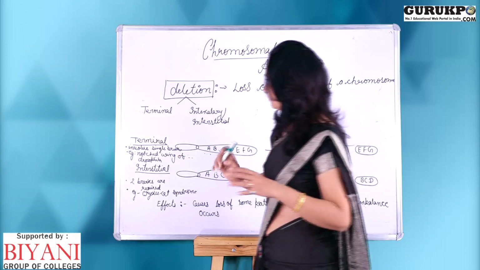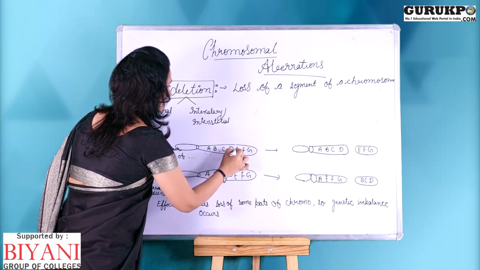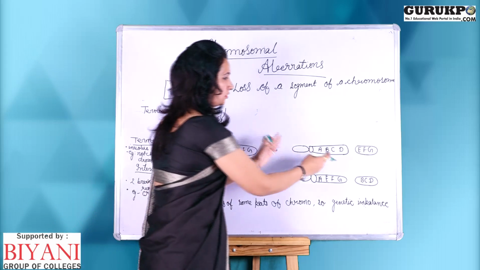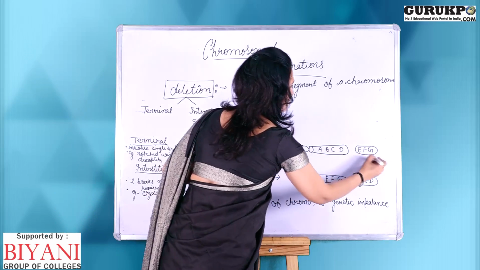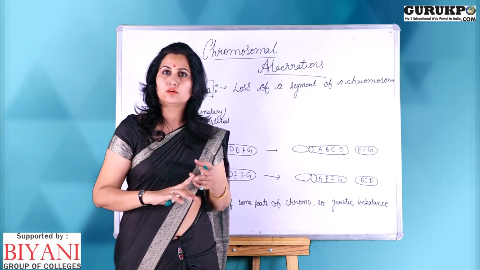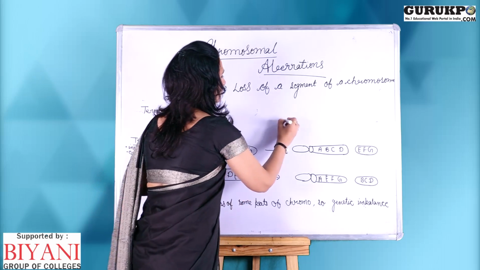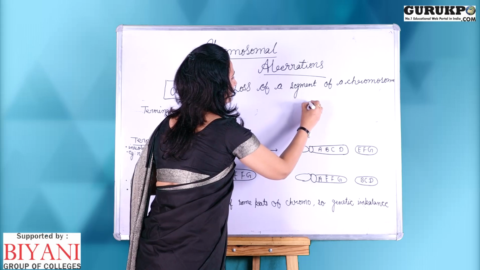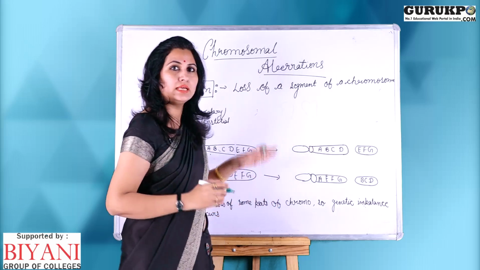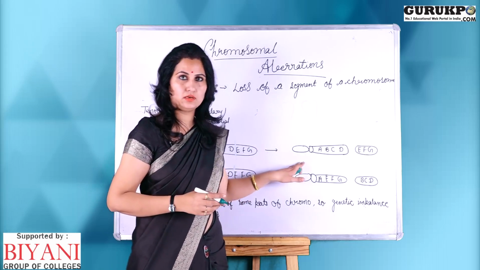Here in terminal type of chromosomal aberration, there is only one break in the chromosome. Like in this portion that is deleting, and so the size of the chromosome gets shorter, and this portion has already been deleted from the chromosome. And the example of it is the notched wing of Drosophila. Drosophila is the fruit fly, and its regular wing gets notched, like there will be a groove on the top of a wing due to this deletion type of chromosomal aberration. So, notched wing syndrome in Drosophila is the terminal type of deletion aberration.